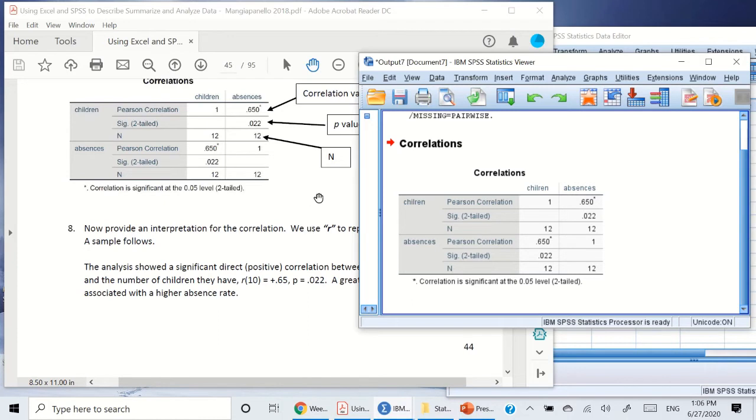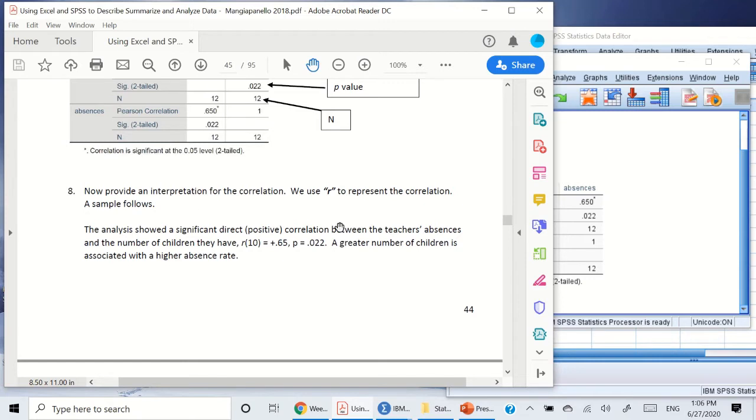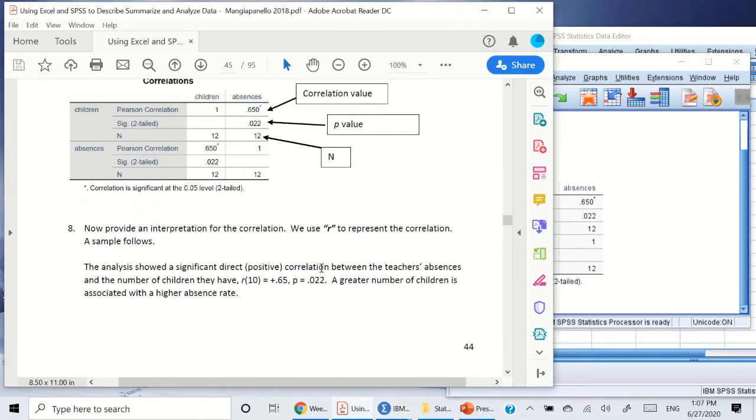So how do we interpret this correlation? Well, we use r for representing the correlation. The analysis showed a significant direct positive correlation between the teachers' absences and the number of children they have. r, parentheses, 10. Where is the 10? Where do we get the 10? The 10 we actually get from